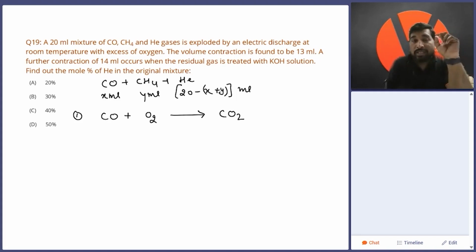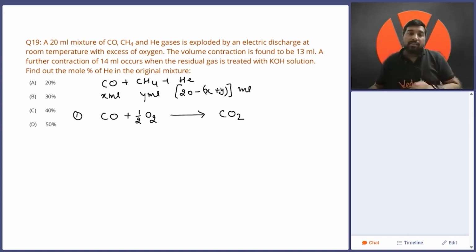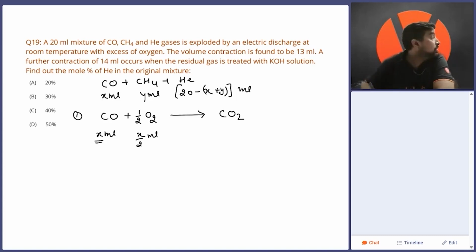And we considered X ml of CO is present in the reaction mixture. Definitely first balance the chemical reaction. If we balance the chemical reaction, that should be half. Now it is balanced. If I'm talking about the CO, that is X ml. For X ml of CO, X by 2 ml of O2 is required and the X ml CO2 will form. So I'm talking about the contraction from here. So volume contraction